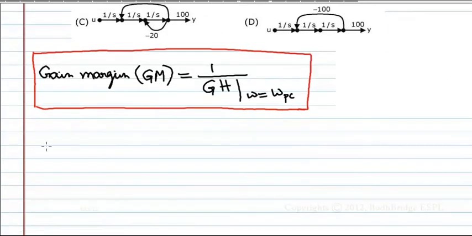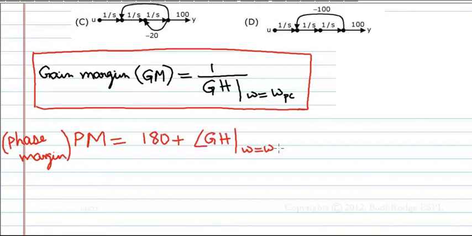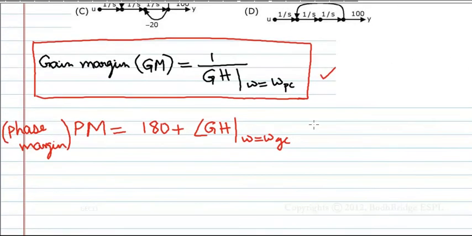Okay, what is phase margin? The phase margin formula is, here it is not used, but this is an important question for the exam. Phase margin is also important. Phase margin is equal to 180 plus angle GH at omega equal to omega GC. What is GC? Gain crossover frequency. This is gain margin, this is phase margin. So both phase crossover frequency and gain crossover frequency are important. For gain margin we use the phase crossover frequency, for phase margin we use the gain crossover frequency.